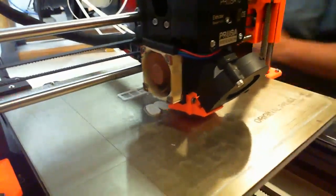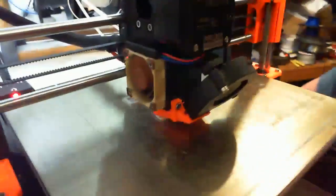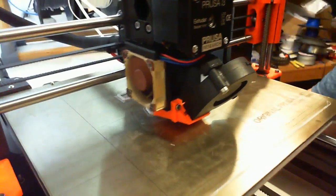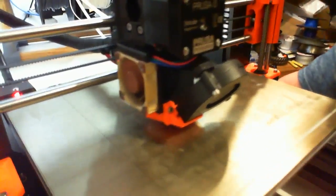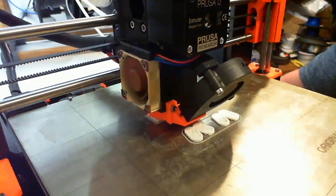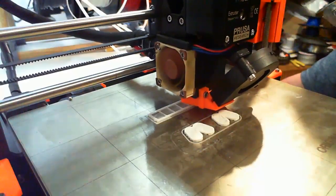And that may be part of the problem too. It may be really critical that you get the exact right tension on everything. Okay, that little move that it just did right there means it's getting ready to swap filaments, because that's the